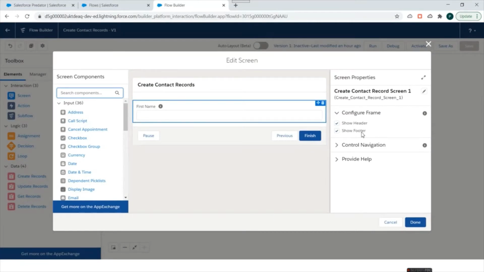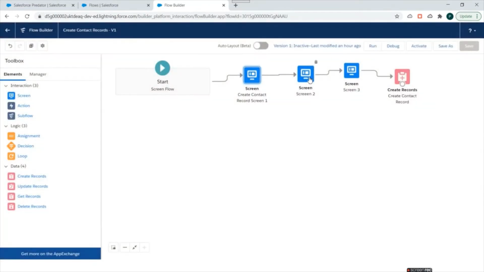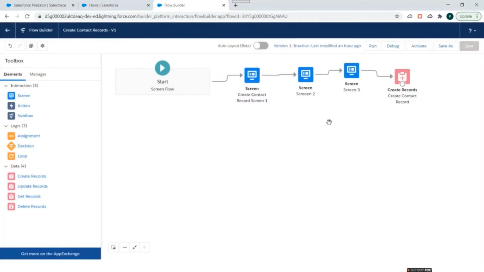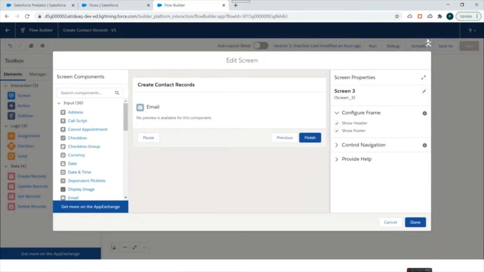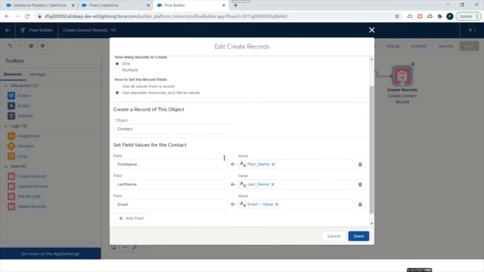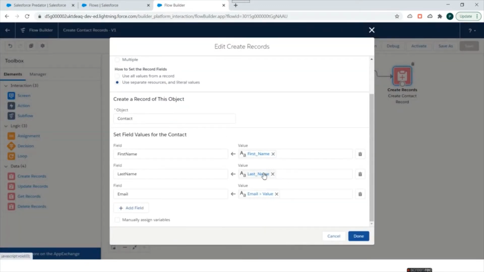So we can see first name over here, last name, and email address. Then we added one data element to create the contact record, and we mapped the first name, last name, and email screen values to the first name, last name, and email fields of contact.